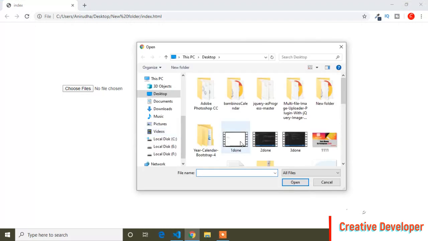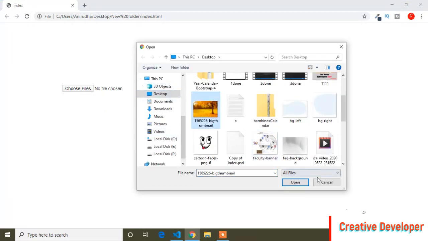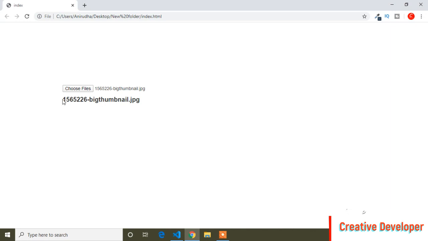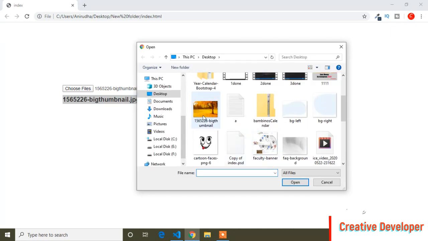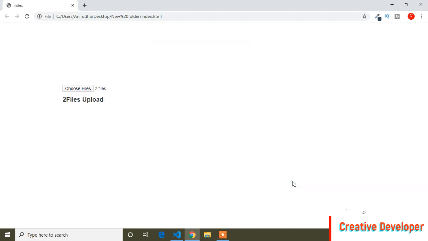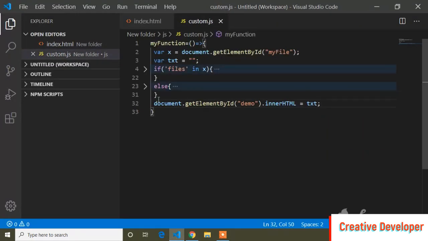And now I will refresh it. So when I upload one image, you can see it's showing the name of the image, and if I upload more than one file, two files, you can see it's showing two files uploaded. So here you can see 2 and file is attached, so I have to add some space.